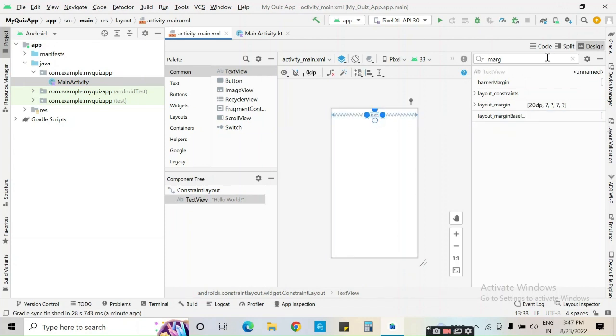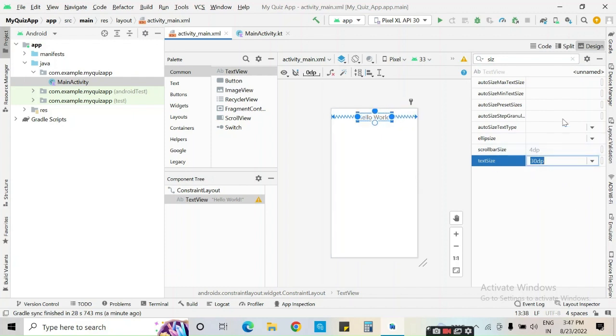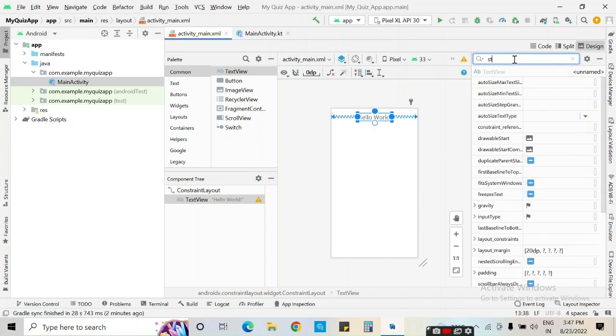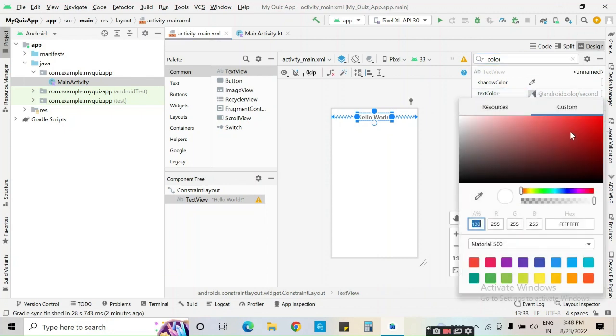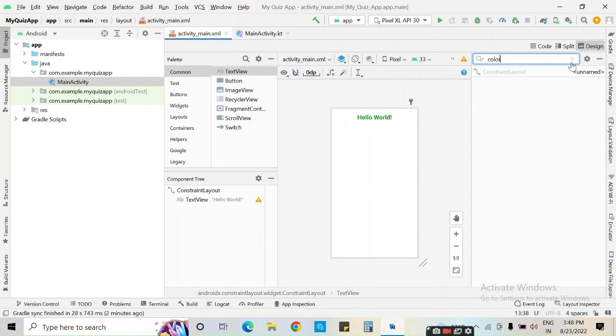So it's here now, and text size, let's give 30 dp, and text style must be bold. And change its color, text color, choose it from here. So let's take this one,